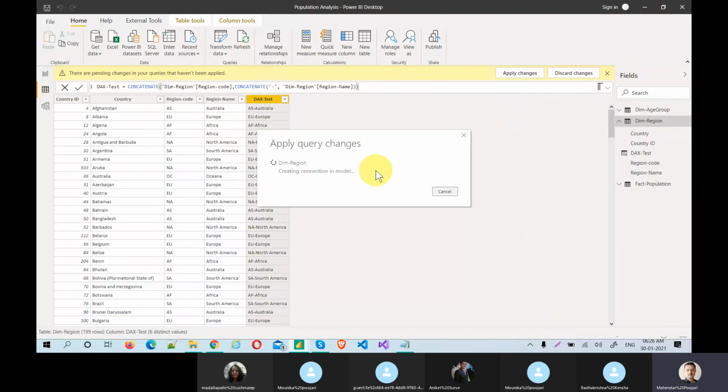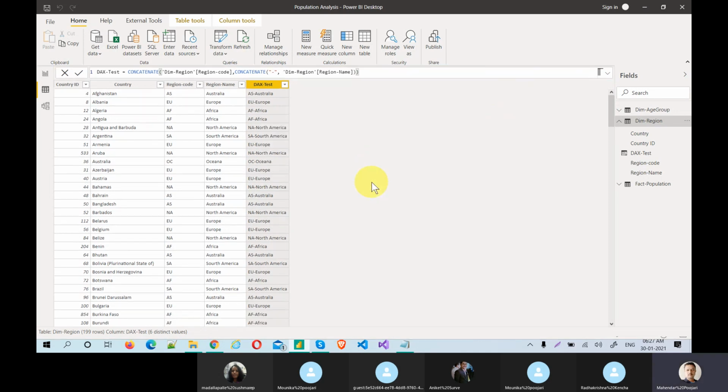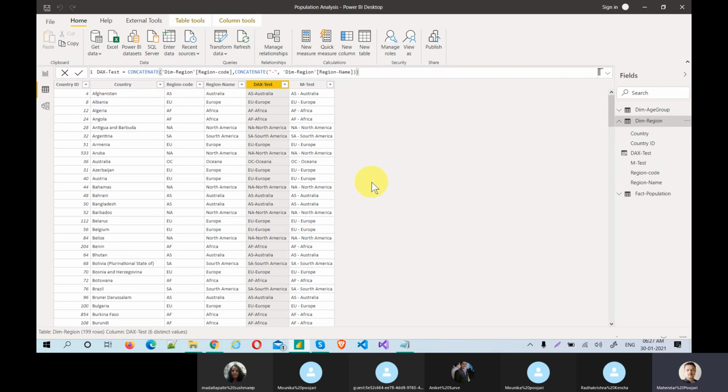Yeah, but what is the difference? If an interviewer asks you a question like, why are you creating a custom column in DAX, or why can't we create it elsewhere? What is the benefit when you create the column in DAX? Okay, I'm going a little deeper. Now, see, whenever I create the column, the entire table is loading. You observe? When the table size is very big and you can't wait for the time; this table is actually small.